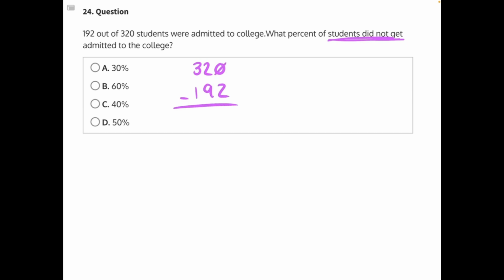Here we'll have to borrow. 10 minus 2 is 8. We can't take 9 from 1, so we'll have to borrow again. 11 minus 9 is 2. 2 minus 1 is 1. So 128 students did not get into college,